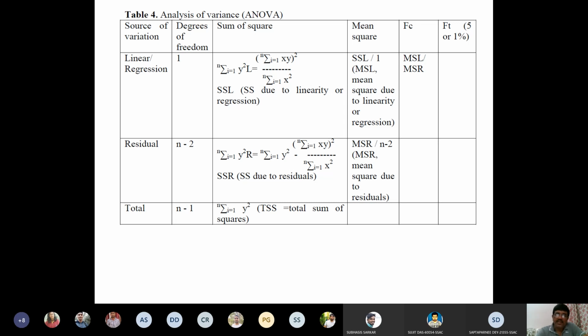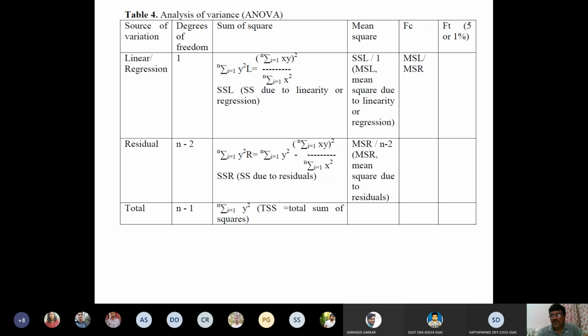You can remember the degree of freedom for linear regression is always 1. It is fixed. And the degree of freedom for quadratic regression is 2. It is fixed. For cubic, it is 3. So you have no choice. You just put the value depending upon the power of the variable x. In linear, the power of the x variable is 1, so we write degree of freedom 1. In quadratic, you have two variables, x and x square, so put the degree of freedom 2 here.